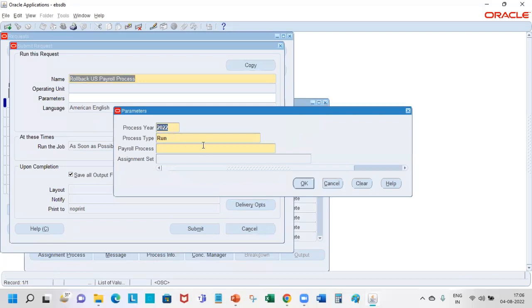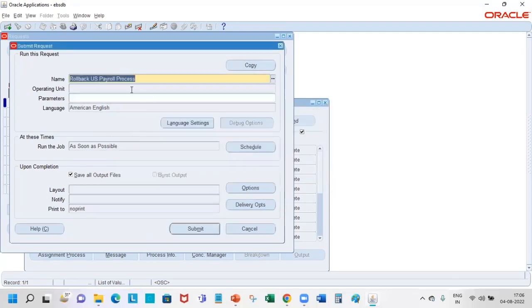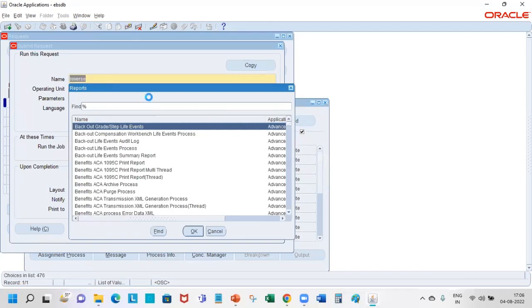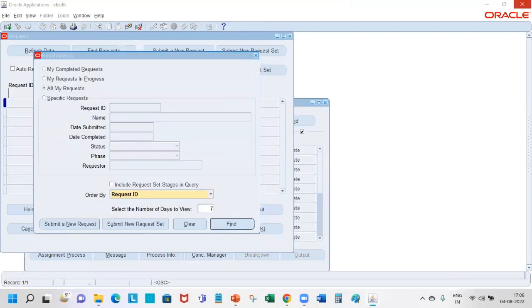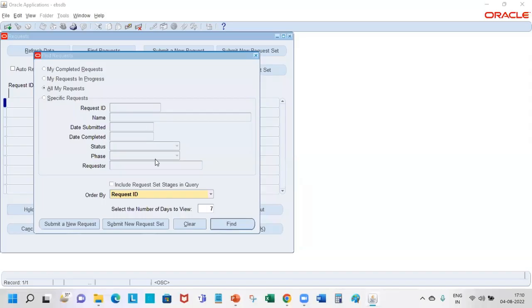Say yes, and it will show you the payroll processes that have been run and which you can pick up as part of your rollback. Okay, and now